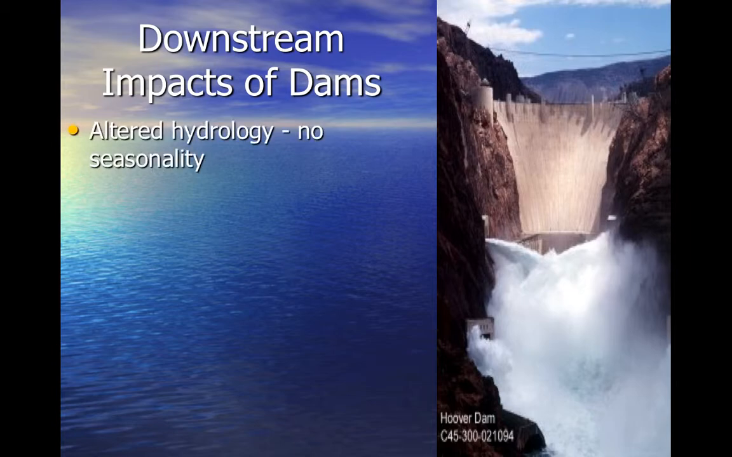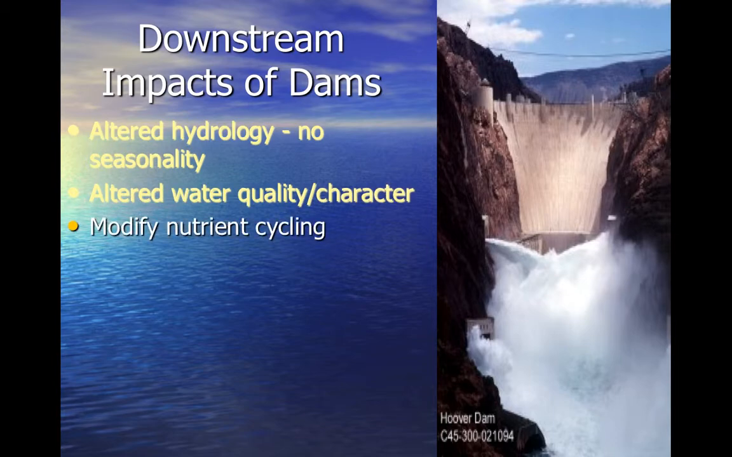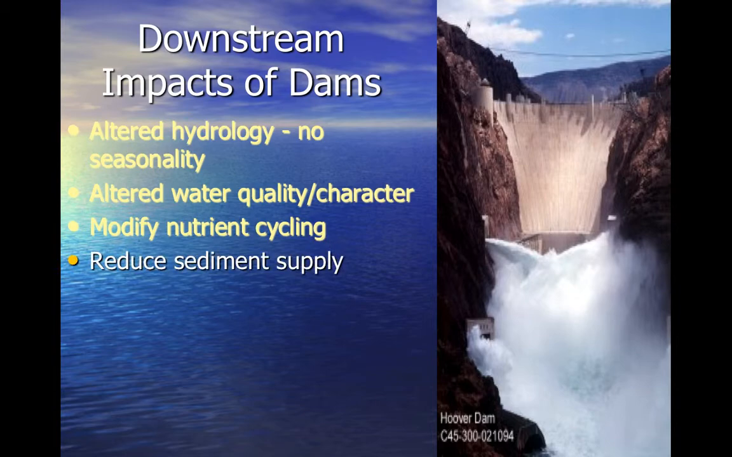Okay? Now, another impact: by having a dam, you're affecting the seasons of those rivers, none of the churning and overturning with the seasons. You're also affecting the water quality. You're affecting the nutrient levels that are in there and the sediments that are transported downstream